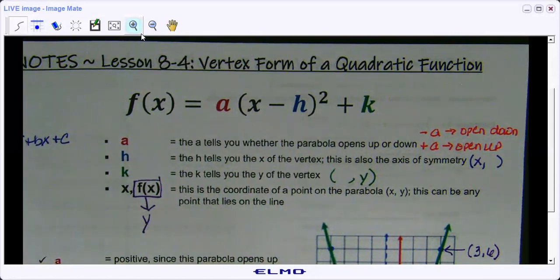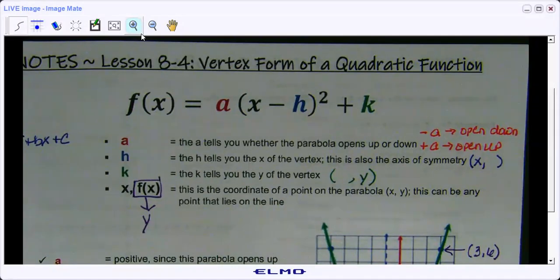Because when you get into deeper algebra, I would say maybe algebra 2, pre-calc, what happens is if you have two equations graphed on a graph, they want to be able to differentiate between the two equations. So one might be named F of H and the other one might be F of G, or F of A and F of B. That way you can tell the difference between the two